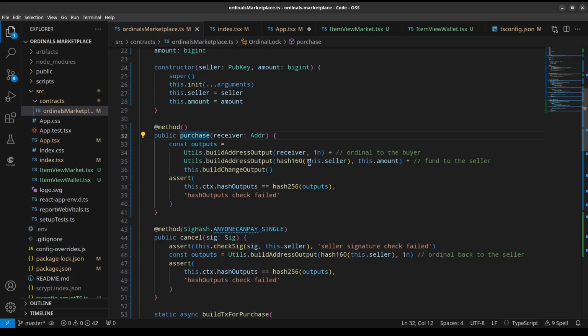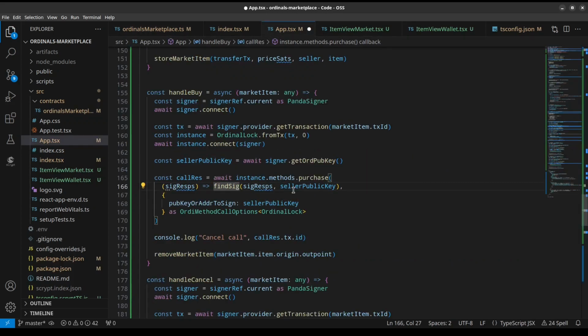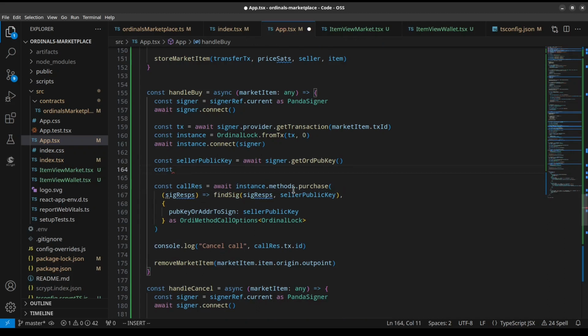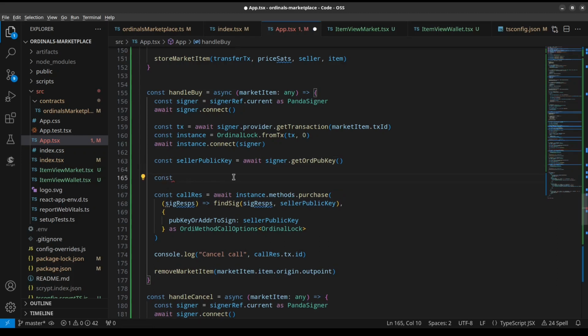Obviously the method makes sure that the seller gets paid the appropriate amount, which will be handled automatically by our wallet. So in here we just want to receive the address of the receiver, by that I mean the address where the ordinal is going to. So that's going to be the buyer's ordinal address. So buyer public key is going to be our wallet's ordinal public key,